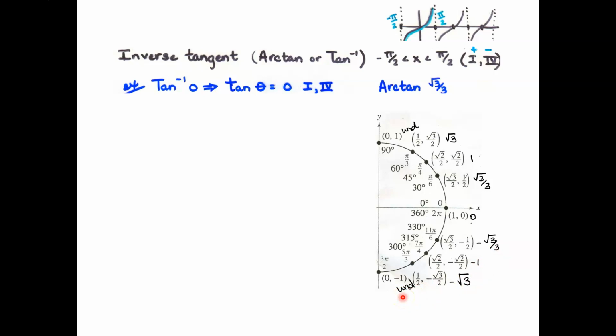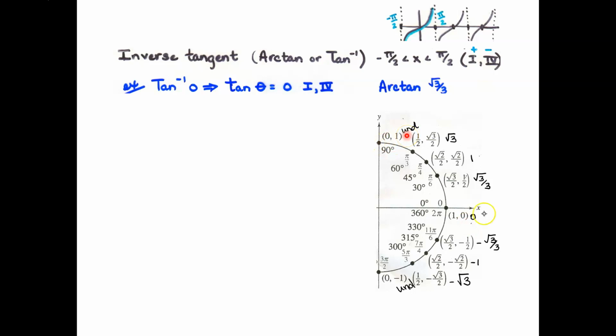Now, I've added my tangent values to my unit circle here. And the way that we get those, remember tangent is sine divided by cosine. So 1/2 divided by square root of 3 over 2 is square root of 3 over 3. Square root of 2 over 2 divided by square root of 2 over 2 is 1. And square root of 3 over 2 divided by 1/2 is square root of 3. We also could do these quadrantal angles, like 0 divided by 1 is 0, and 1 divided by 0 is